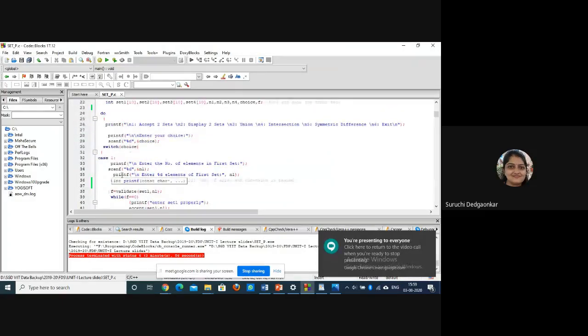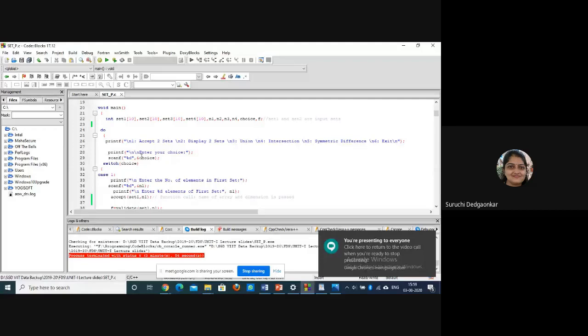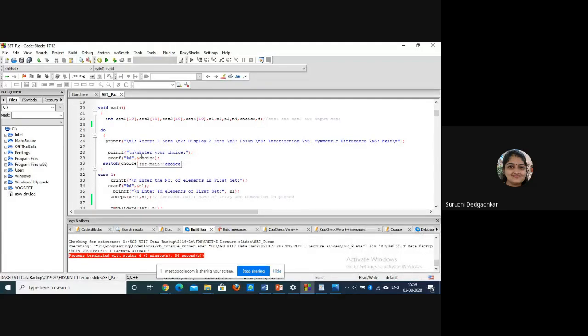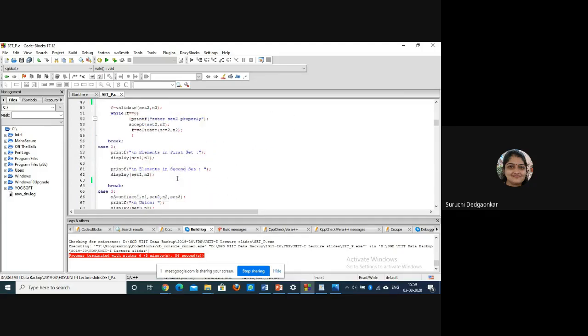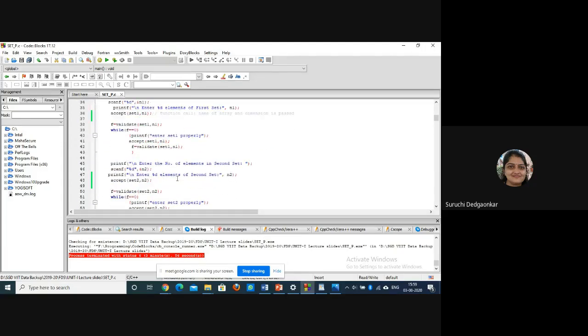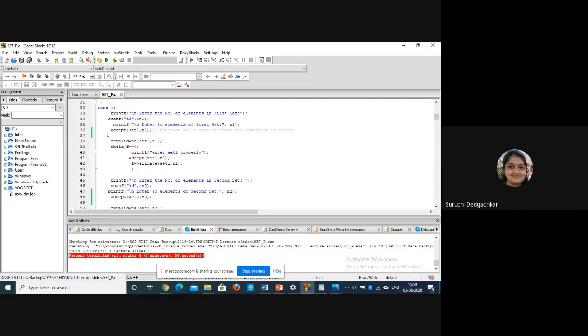See, while and do while loops are to be used when you are not sure exactly how many times you have to execute. You know the starting condition, but about the termination condition, you are not sure. So it depends on the choice. Clear? So first two cases are properly executed, and this input validation part we will discuss later. Up to this, you can proceed without validating input.